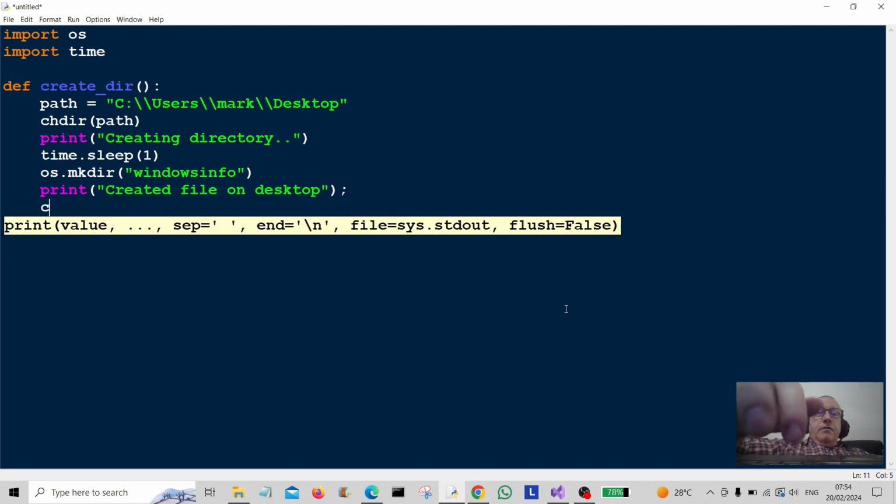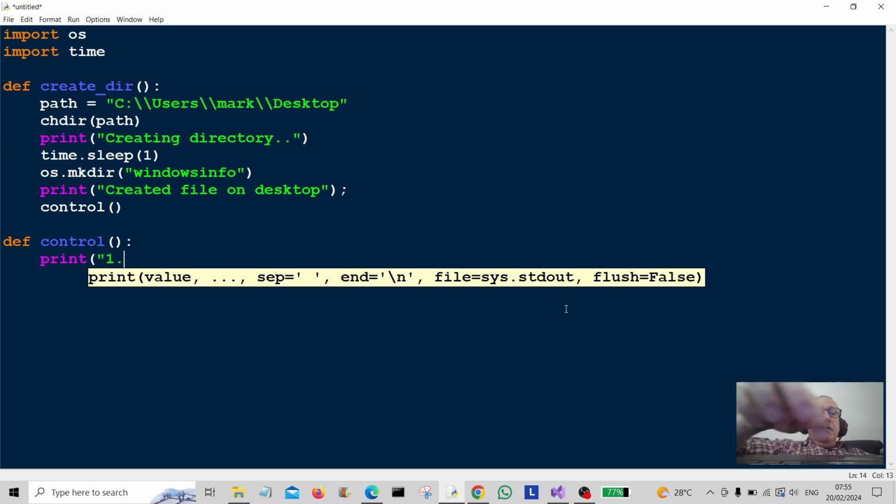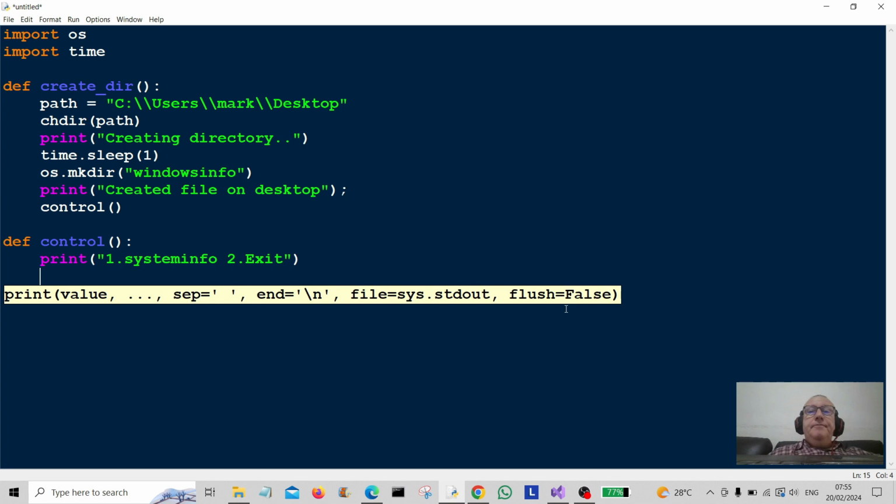So now I'm going to type in control under here, because we're going to create a function called control. So we want control of this program. We want to give the user the option to control this program. So we're going to give them a couple of options. So first of all, we're going to print. This is going to be number 1. It's going to be system info. Number 2, of course, is exit. So if you want to exit the program, they can click that. So they've got a couple of choices there, and now all we need to do is get some user input